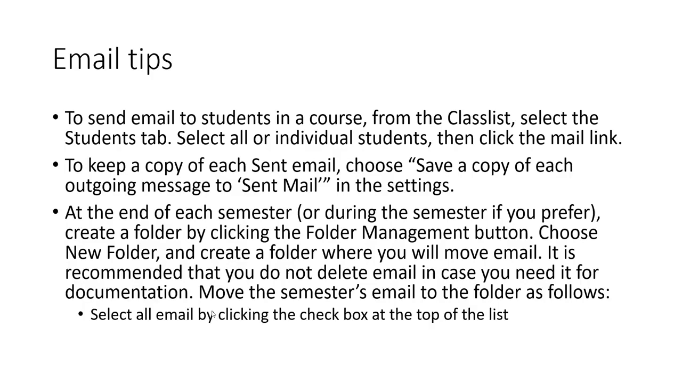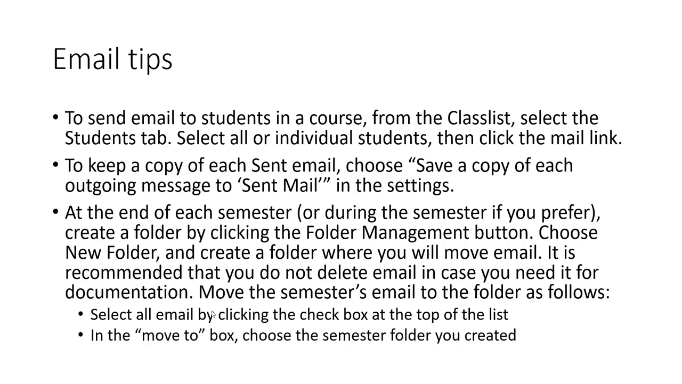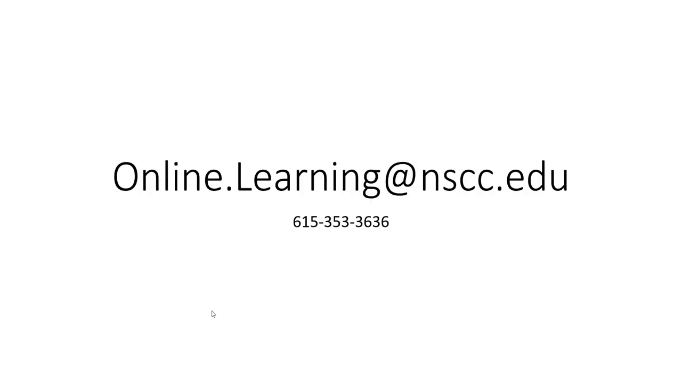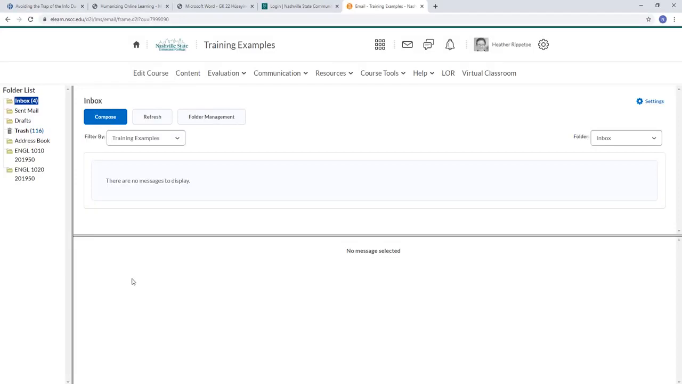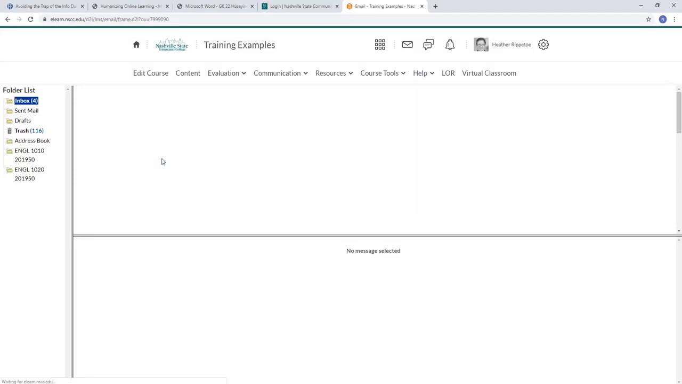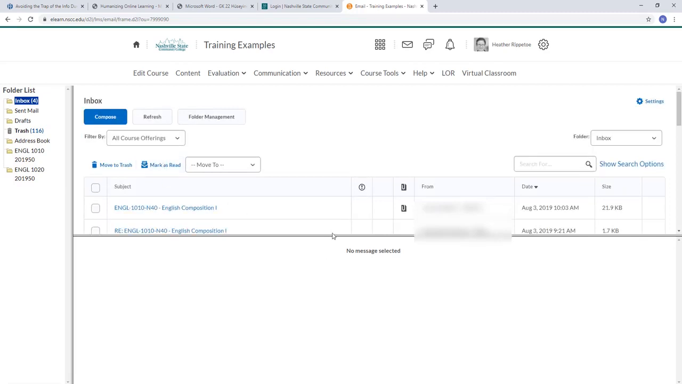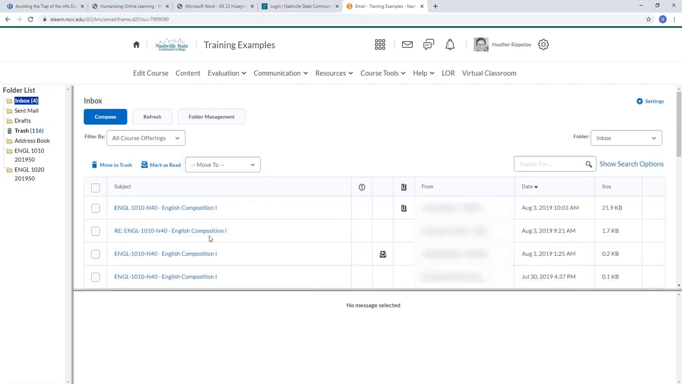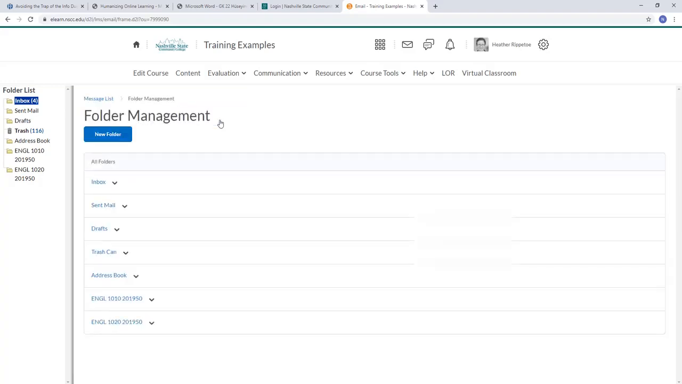Select all email by clicking the checkbox at the top of the list. In the Move To box, choose the semester folder you created. And we're going to demonstrate that right now. So I'm going to go to all course offerings, and again this is going to bring up some email. I am going to create a folder, so I'm going to click Folder Management,